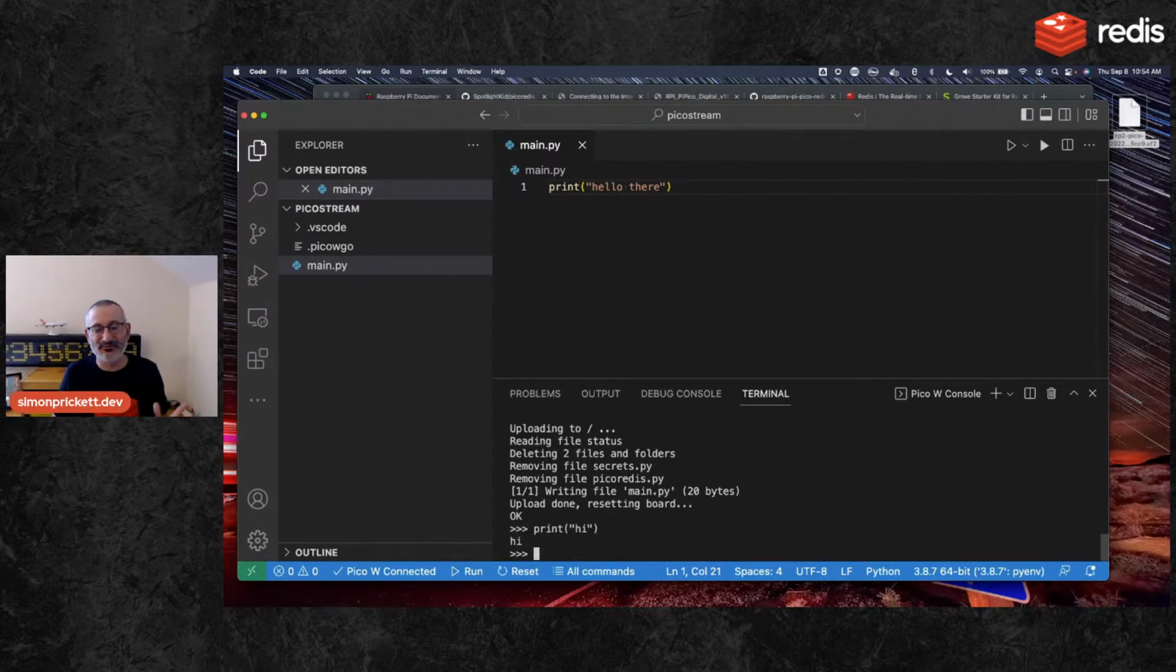But what we need to do is write some code that actually does something here. And we also need to connect to the network. So it's going to connect to the Wi-Fi here in the office, and it's going to talk to a cloud Redis. So we need a couple of things for this. We need a Wi-Fi connection. So we're going to have to manage that in our code, which is unlike what we did with the previous